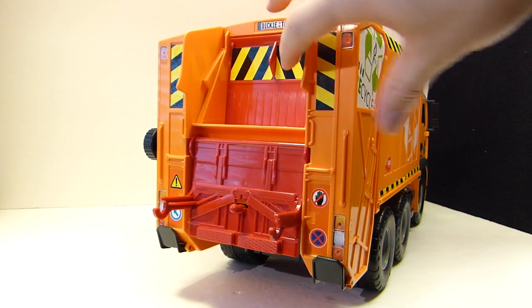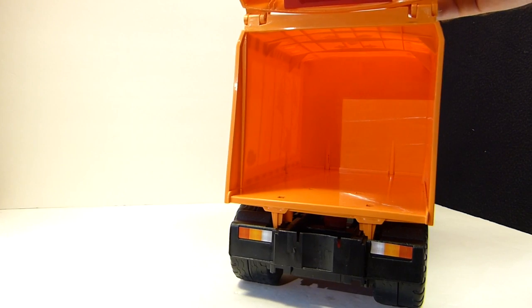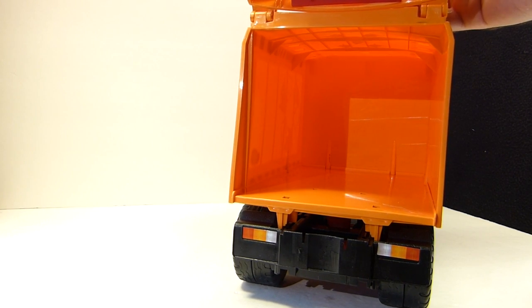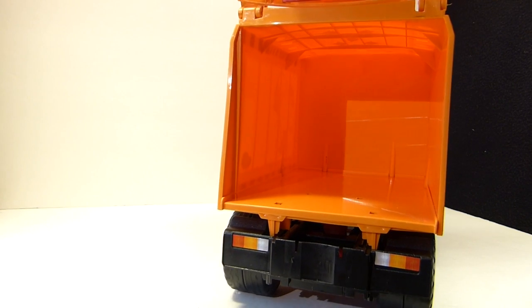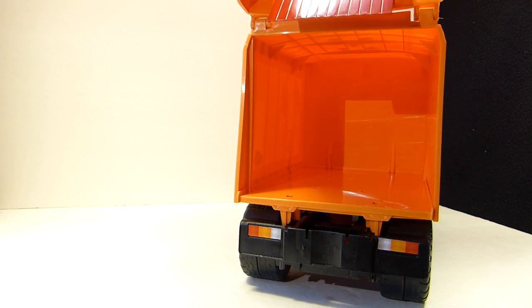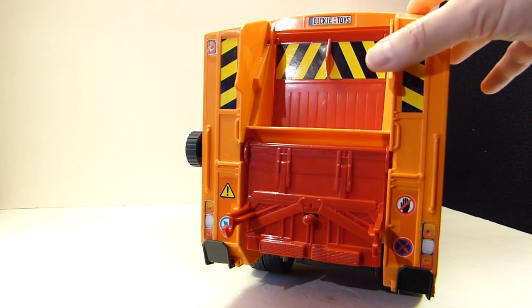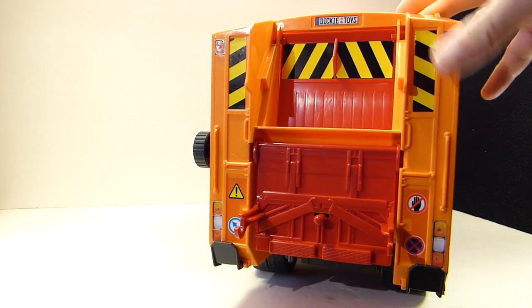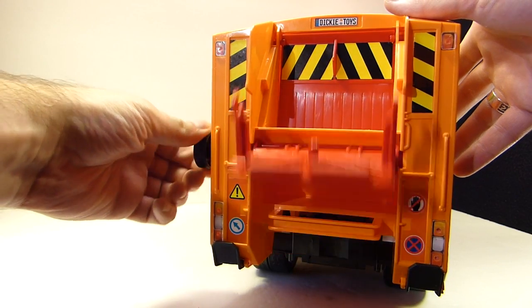And then the whole hatch opens up, exposing the inside of the truck. So you could fit a bunch of goons in there if you wanted to have them steal a garbage truck or recycling truck to use for a heist. And then we have the knob on the side here, which rotates the